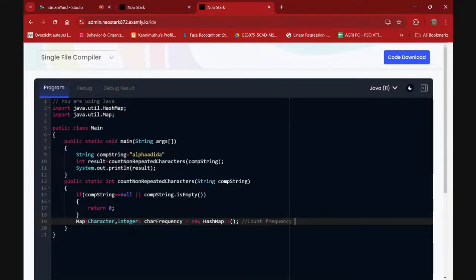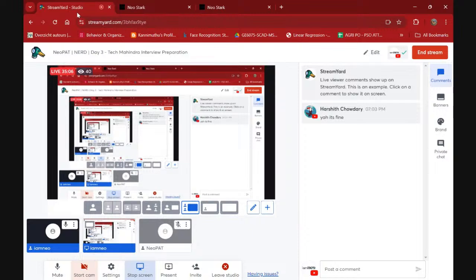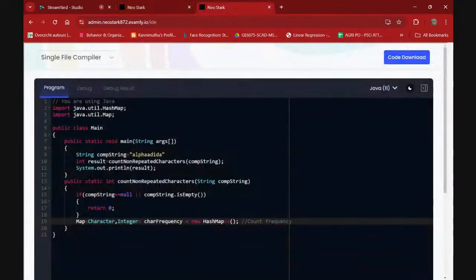You have to make use of those concepts to make your program efficient and to stand out from your fellow competitors. All these will make you different from the people who are attending interviews along with you. The way you approach the problem is very, very important. And now I'm going to count the frequency of each character.